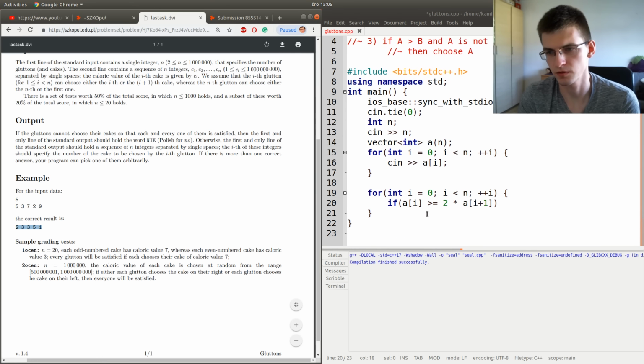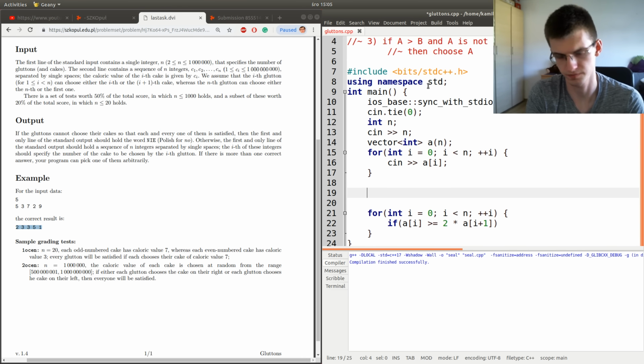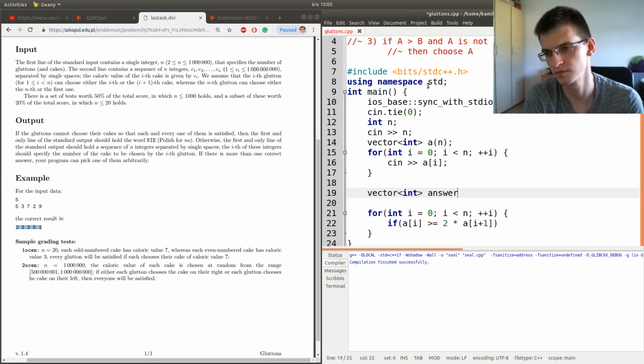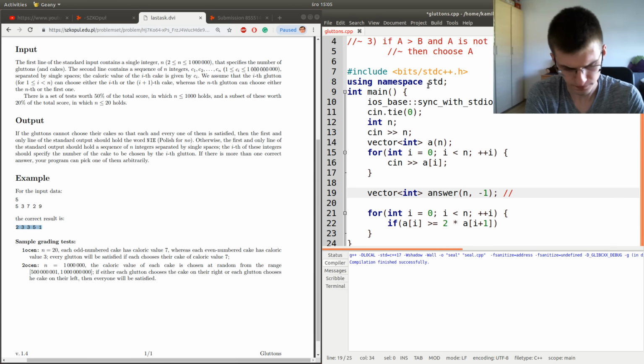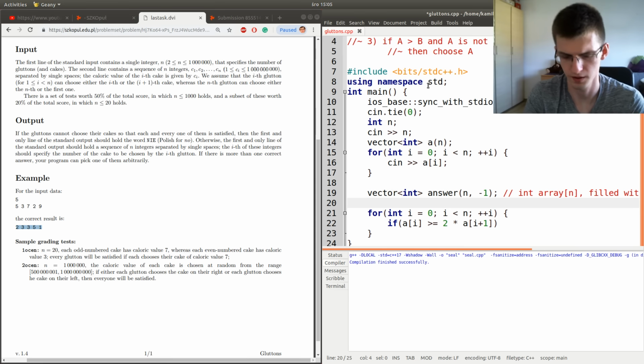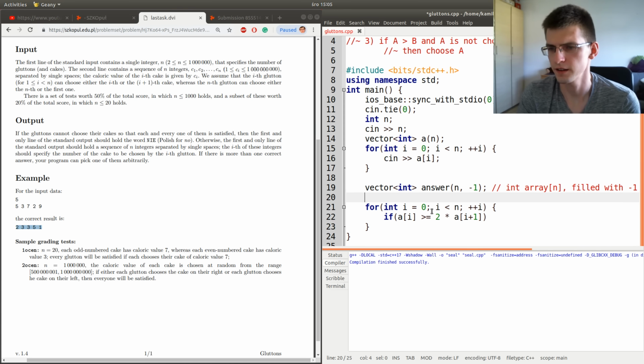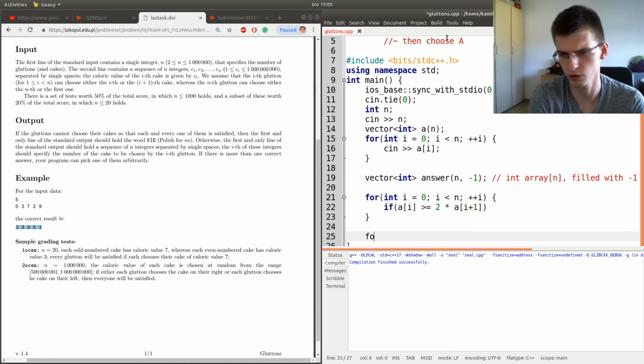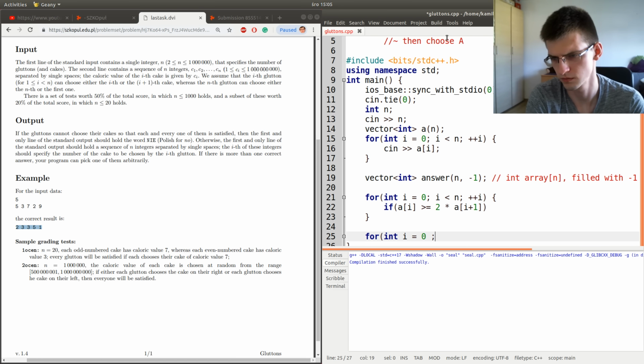Okay, so let's create a vector, like an array for answers, filled with -1s. So it's something like array of n filled with -1. Okay. At the end, we will print that.